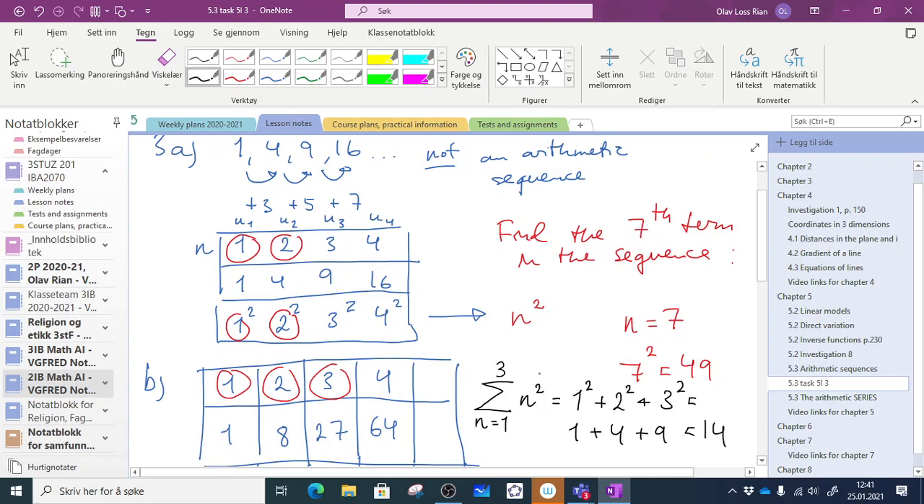So we read this notation here as the sum of all terms n squared from the first term in that sequence to the third term of that sequence. So this is u1 plus u2 plus u3. 1 plus 4 plus 9 is